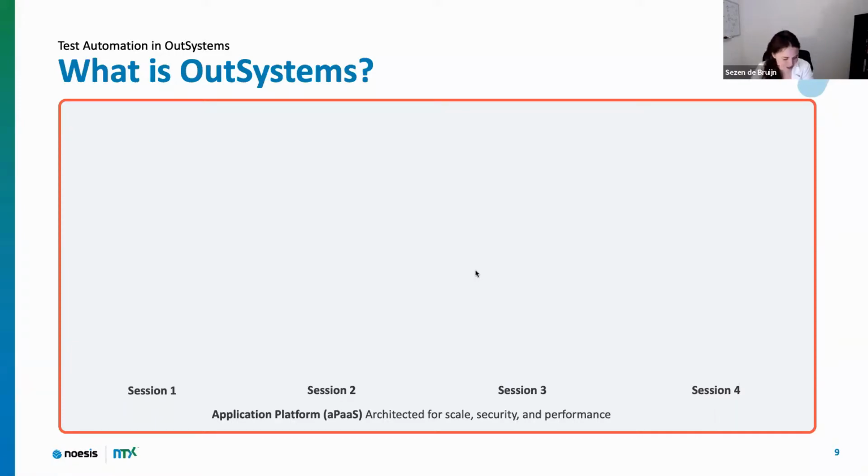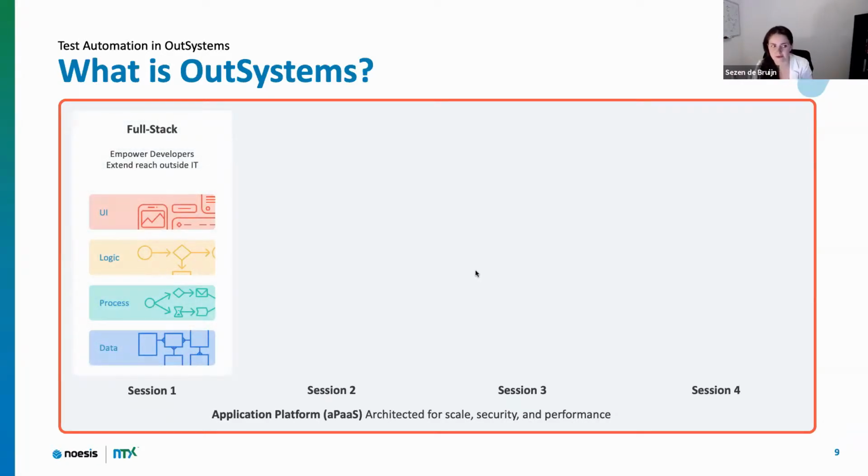It's very useful to know what OutSystems is before we do test automation. It's going to be very brief. OutSystems is a low-code development platform, which means that most people, when they think of OutSystems, they think of the full stack development kit. It allows you to build applications and all of the 4 layers in applications in a very nice visual manner. Whether it's data or business processes or even batch processing, logic, user interface, all of these things can be built in OutSystems in a simple and visual way. So that's what most people think about when they think low code.